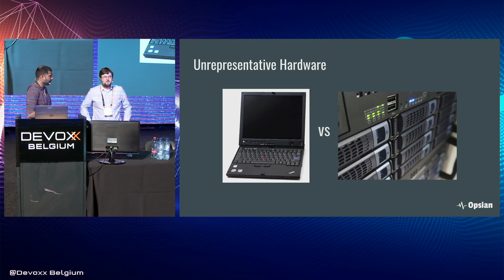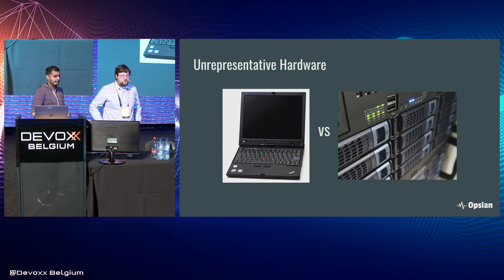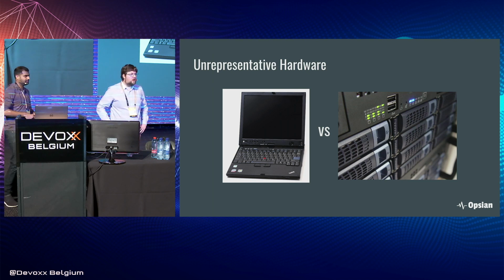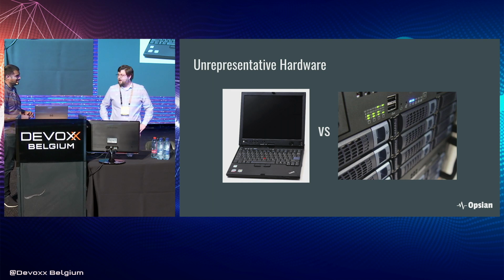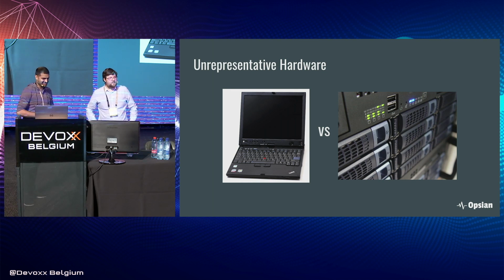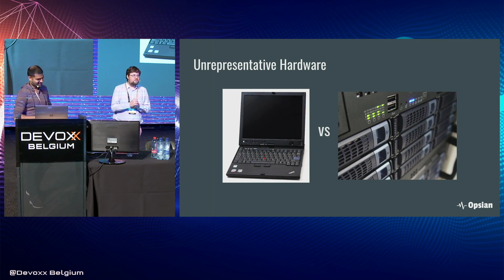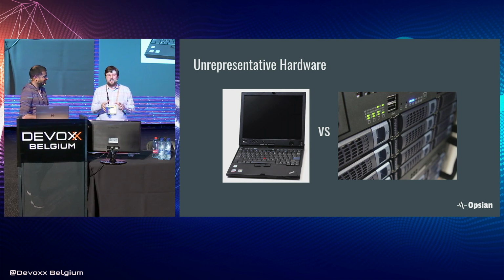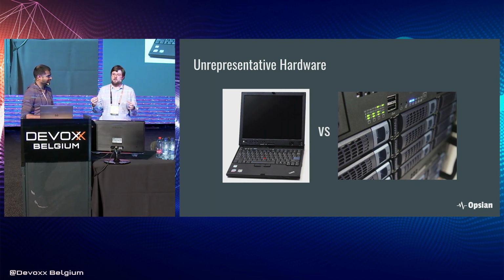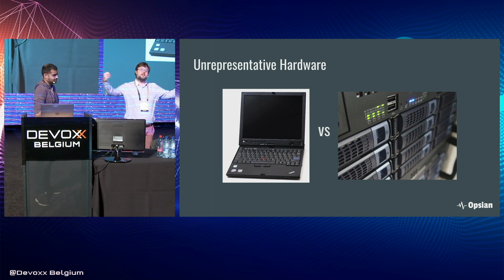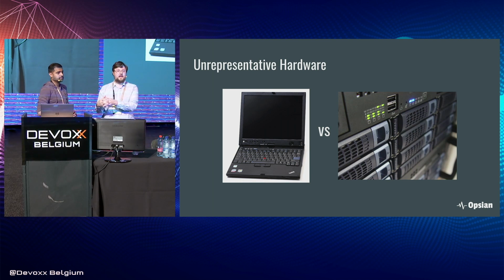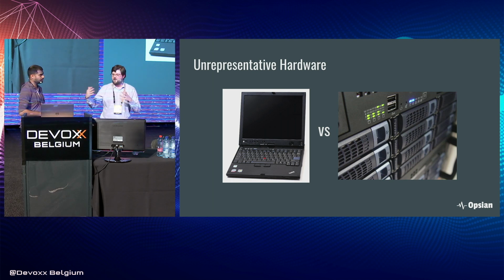Recently, we've had a couple of organizations come up to us at Opsian and ask, do you support IBM mainframes? And we're like, wait, IBM mainframes in 2018? They're like, yeah, we still use them. They work great. Fair enough. We don't actually support that, but it shows that there are some organizations who have even bigger differences between where they're running their production system and their development environment than just, say, a different version of Linux or a different Intel CPU.